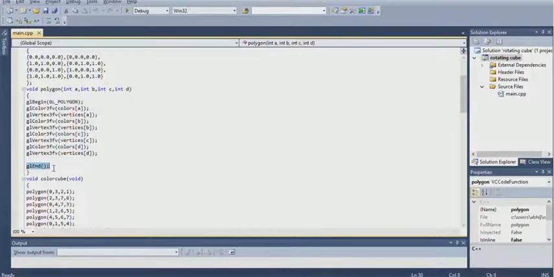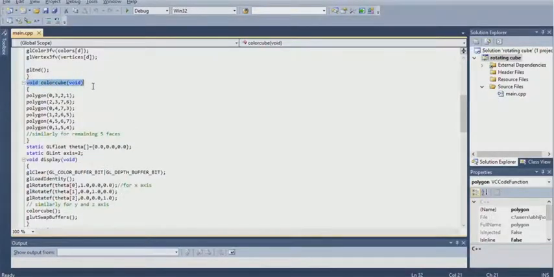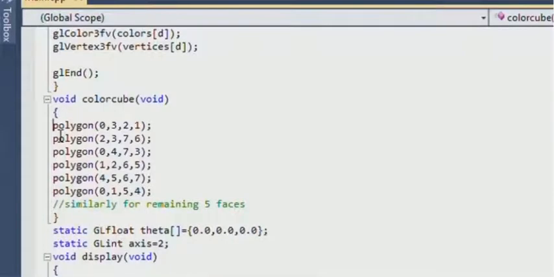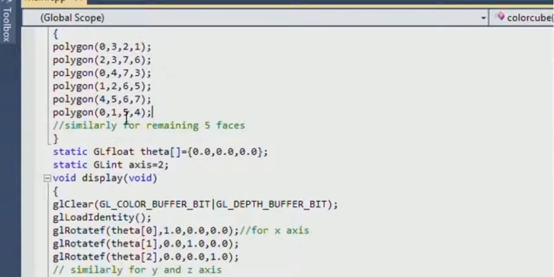Void color cube is a function to draw the cube. Now this function calls polygon with these parameters. This polygon function is called 6 times because there are 6 faces in a cube, each with its corresponding parameters in the polygon function.